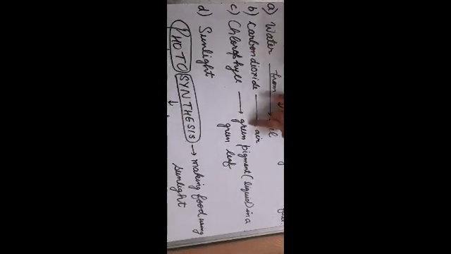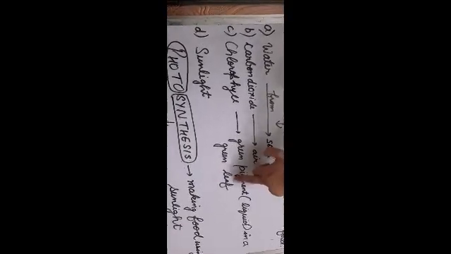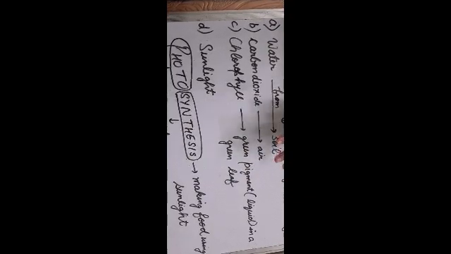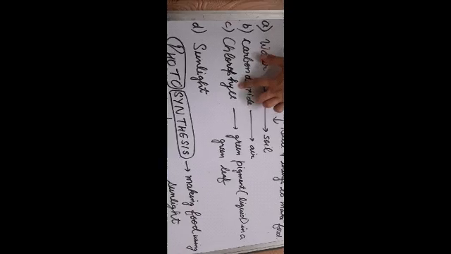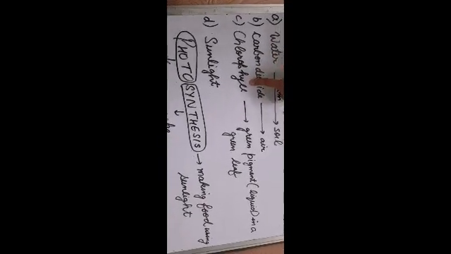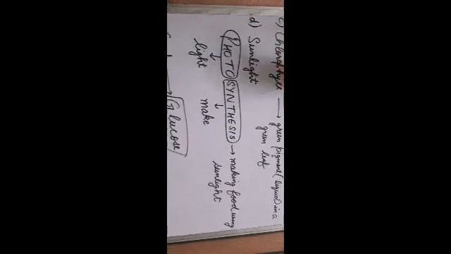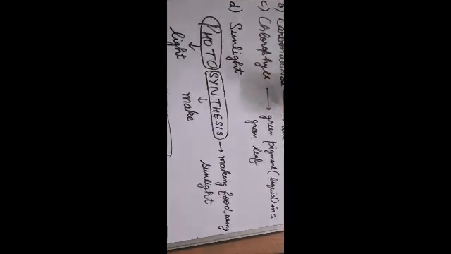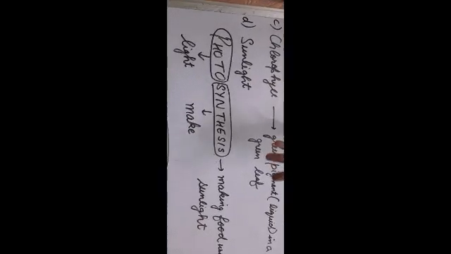Next is chlorophyll. Chlorophyll is actually a green color pigment. Pigment means liquid, which is already present in green leaves. So why I told only green leaves can make food? Because only green leaves have this green pigment chlorophyll. So only green leaves can make food. And the fourth one is sunlight. So four things are needed by a green leaf to make food. Number one, water. Number two, carbon dioxide. Number three, chlorophyll. And number four is sunlight.